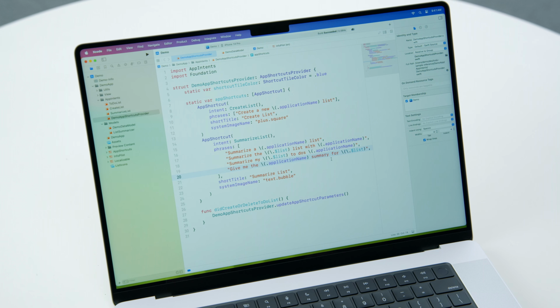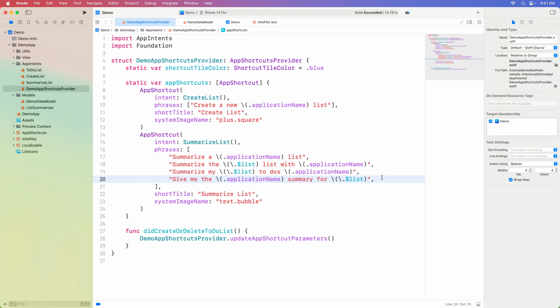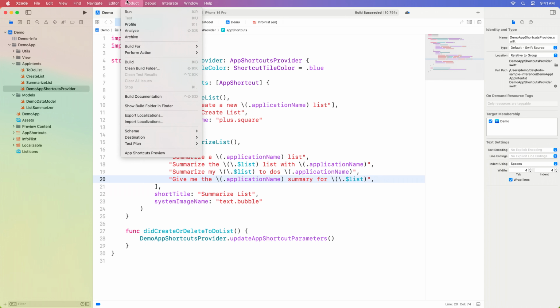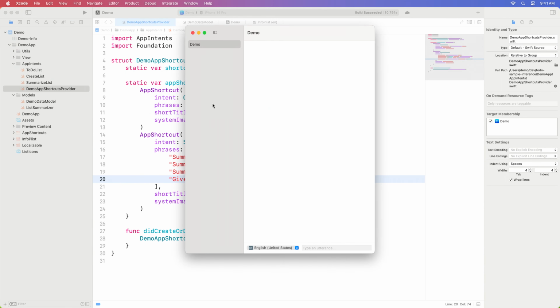Here I have the project for my demo app, where I've previously implemented app shortcuts. I can test my app shortcuts by launching my app and speaking to Siri, but I want to show you a faster way of quickly previewing the effects of phrases. This new feature can be found in Product, App Shortcuts Preview. It requires building my app first, so that the semantic similarity index has an opportunity to generate. After building, I can simply select my app on the left and immediately start entering phrases that I think people